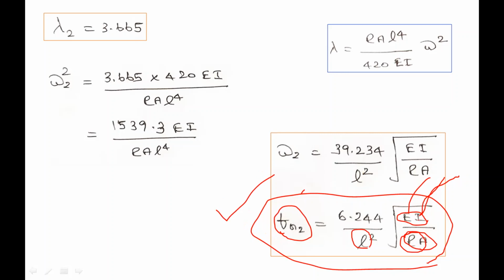If you increase the EI value, the flexural modulus value, the natural frequency value will increase. If you increase the mass and length, then the natural frequency value will decrease. Through this example, what we have discussed is how to determine the natural frequency of a cantilever beam using one finite element, that is, a beam element. Using this one finite element model, we are able to achieve two natural frequencies. We have discussed how to control the natural frequency also. In the next part, we will discuss how to determine the natural frequency of a simply supported beam and a fixed beam.